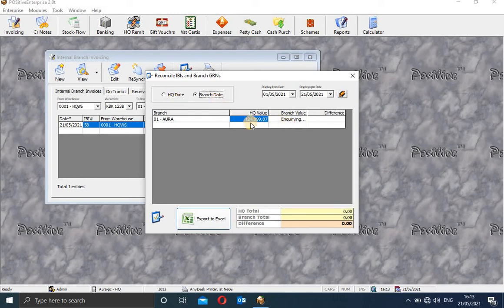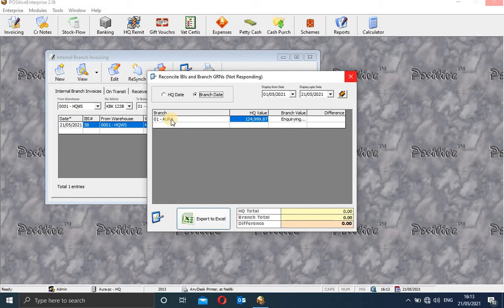You can see here the branch is Aura supermarket, and we have HQ, where the value of stock is 124,999.87. This is the value, and it is querying the branch value. If there is a difference, you are able to know the stock difference here, and from there the people at the HQ can query where this stock went.